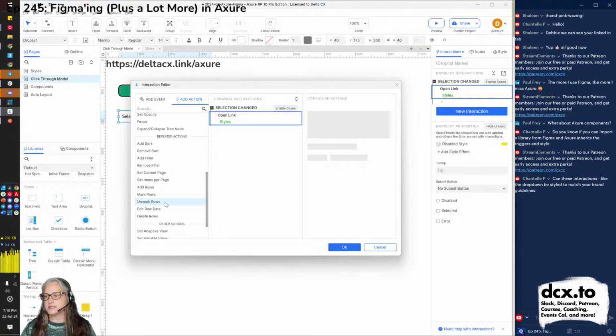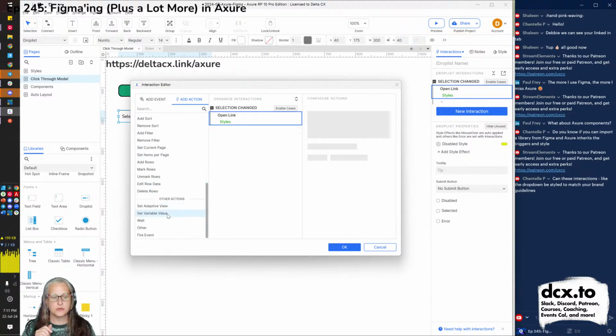So you could put the cursor on any field on that page because you're telling Axure to put the focus there. Chantel says, can these interactions like the drop down be styled to match your brand? Yes and no. The default drop-down that I showed you just now can't, but I do have a lesson where I show you how you can build a drop-down from scratch. Basically, you build it from rectangles. And because they're rectangles, you can apply whatever styles you like to them. There's a whole bunch of repeater stuff, which we'll play with a little bit today, but repeaters are quite advanced.